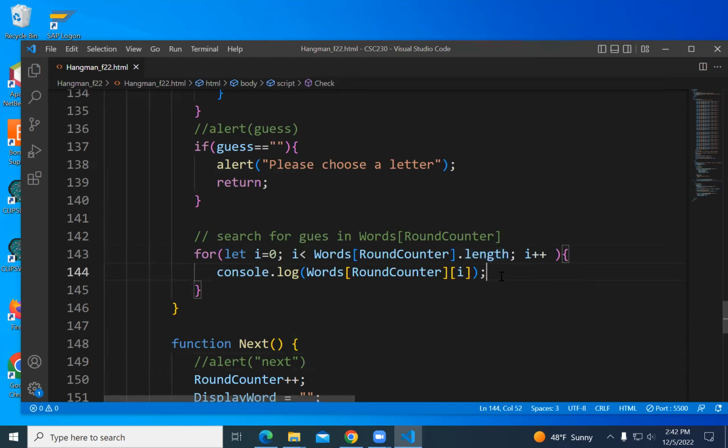Okay. So I have my display word. I have my actual word. And if the guessed letter matches the letter of the word, I want to update display word to display the letter. And I need to do some uppercase kind of stuff.